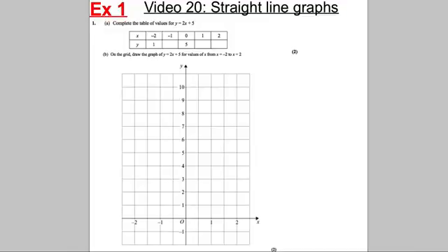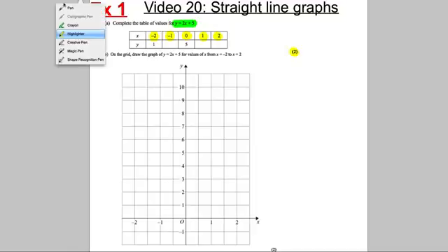So, example 1. You can be asked to complete a table of values for a straight line. So here, the straight line we're given y is equal to 2x add 5, and we're given a table and we're told x is negative 2, negative 1, 0, 1 and 2. We're asked to complete the table for 2 marks and then plot the table for the other mark. Now, just first things first,